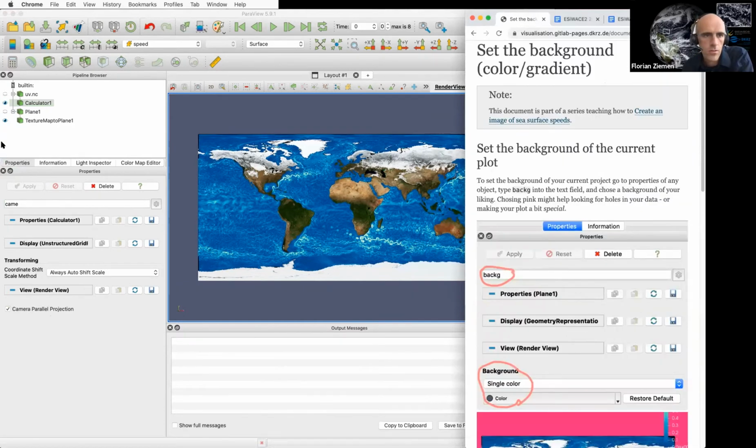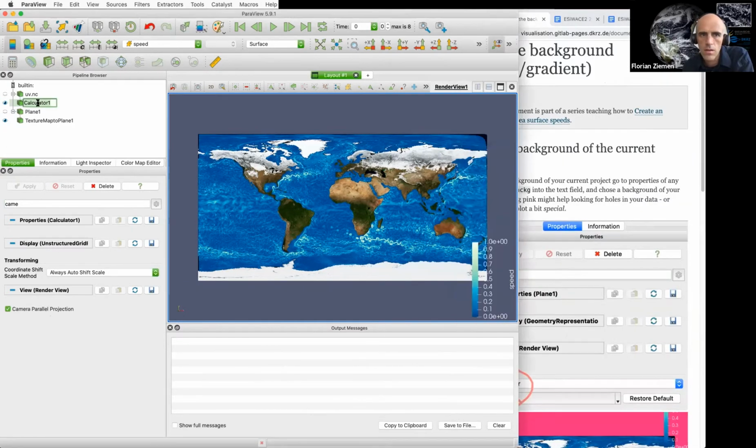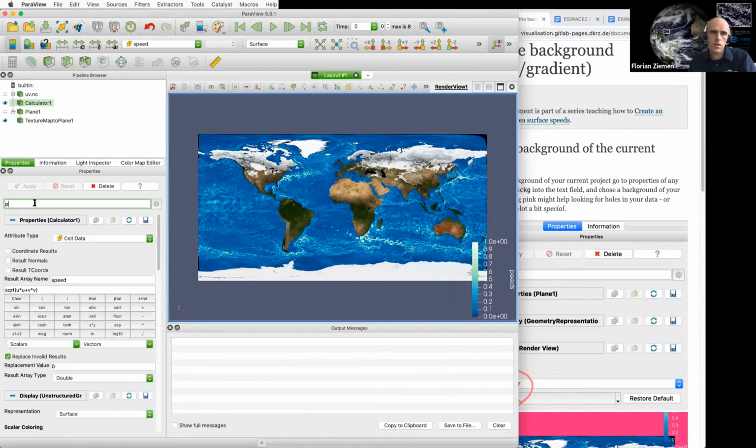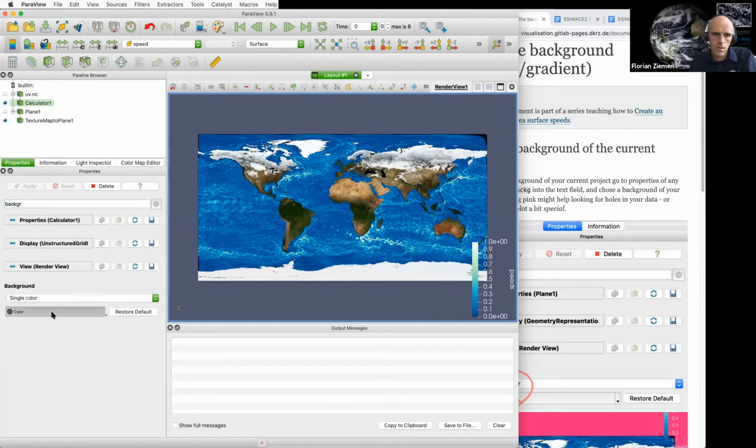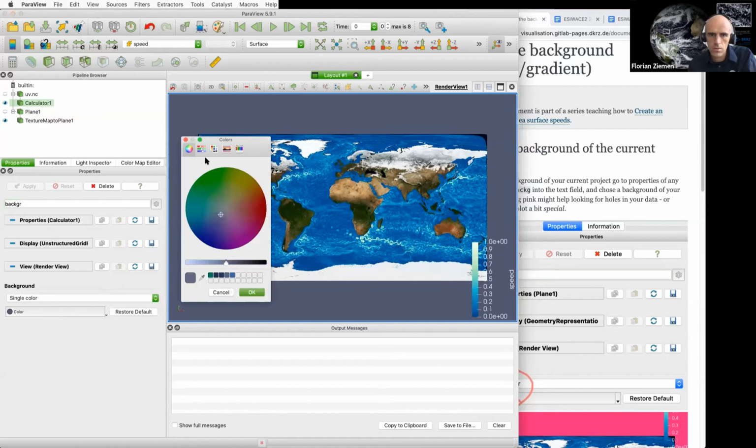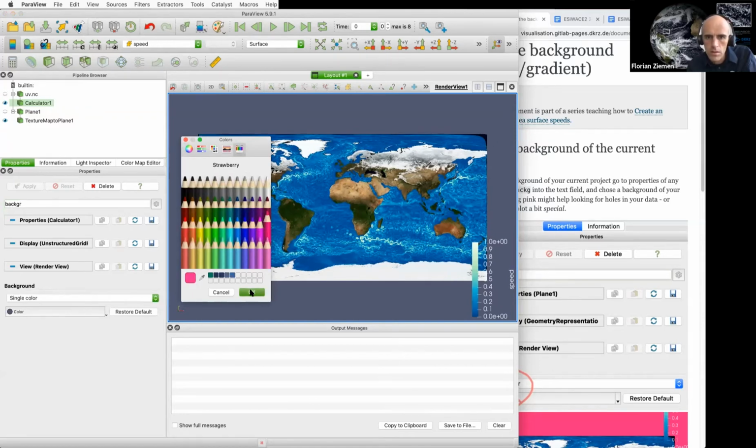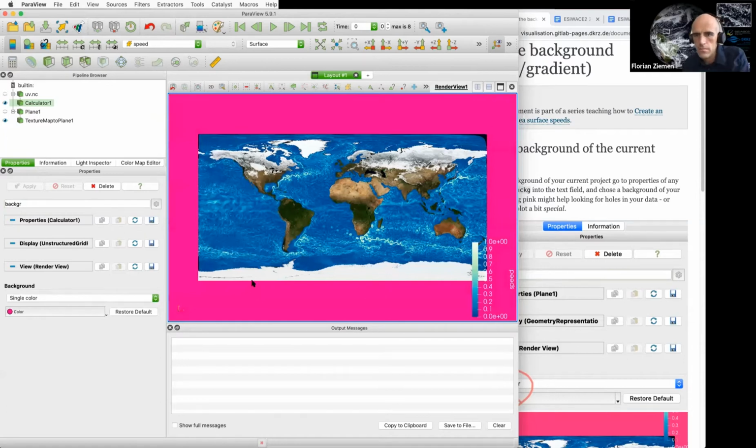Now we can choose the background color. And for the background color, you can just select anything in your pipeline again, and you type background, and you can choose any color you want. I think a pink does a good job here. While it might not be the obvious choice for your talk,